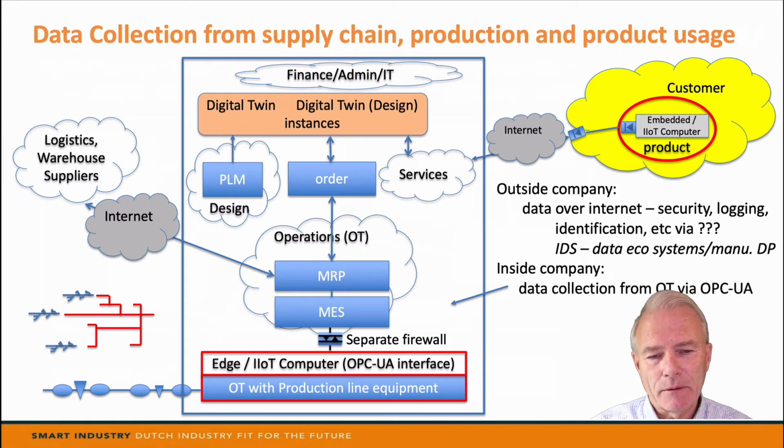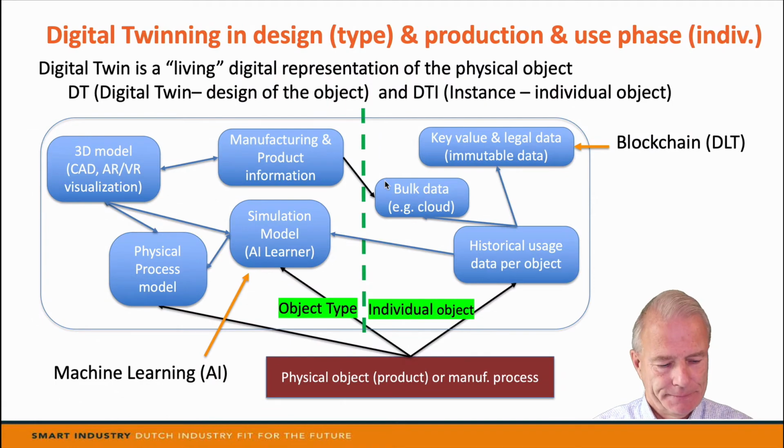At the bottom is your production line with the computing interfaces and the firewall, and then it goes into your existing logistics, manufacturing execution systems, and manufacturing resource planning systems. And actually, you start storing all the information on the product and the different products you produce in this digital twin. Because later on, when it is out in the market,